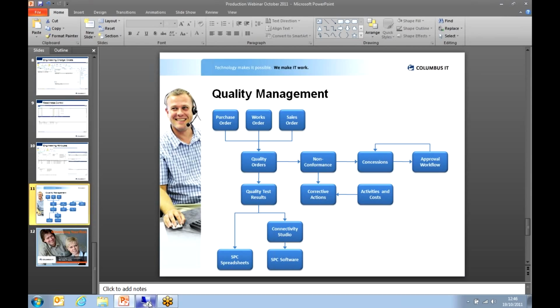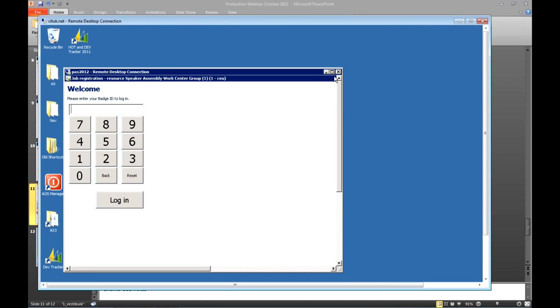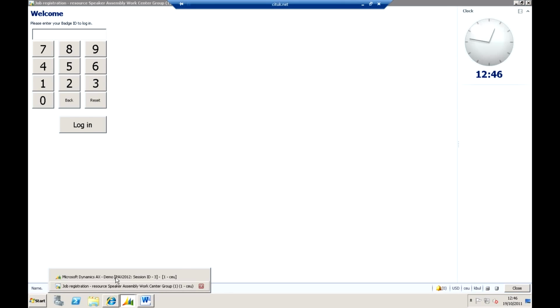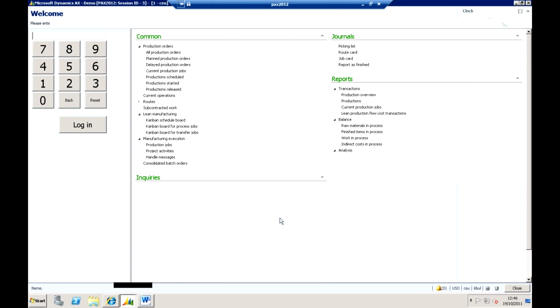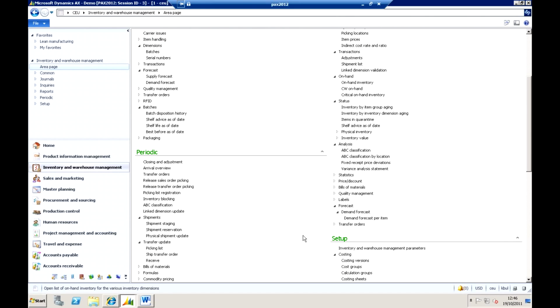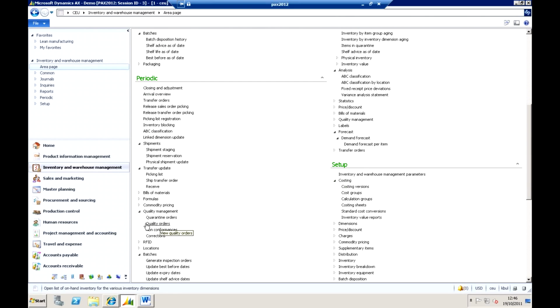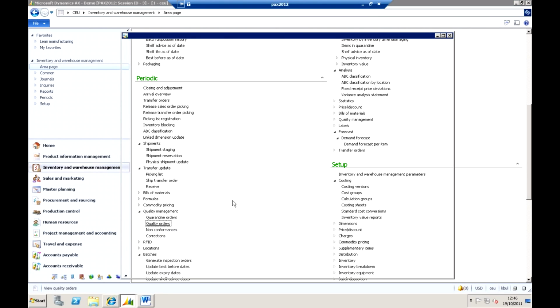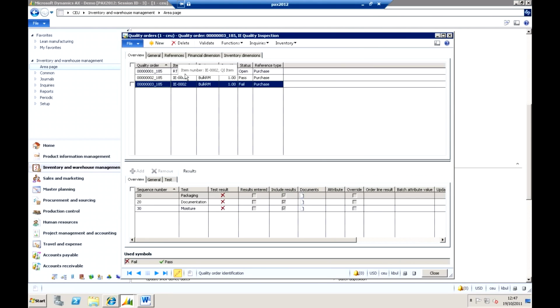So very quickly, I'll take you into some of those areas where that's set up within the system. So going back into AX, this is defined in the inventory and warehouse management. Within here, I've got the area where we have quality orders. These are where we define and control the quality tests. For this example, I can see that the tests have been completed. This is for a purchase order, but equally it could be for a production order. But I've completed the packaging test